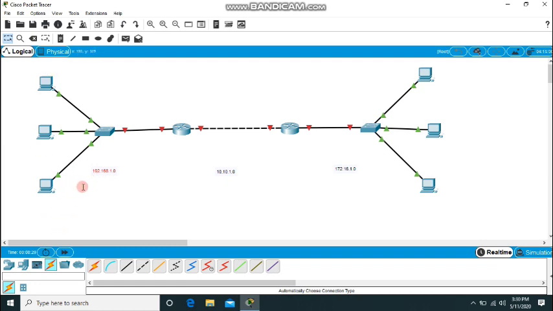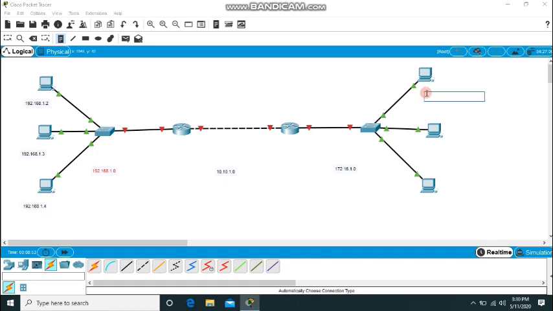Let me see how to allocate the IP addresses. Here we are placing 192.168.1.2 on the first PC. Next one, 192.168.1.3, and the third machine is 192.168.1.4.